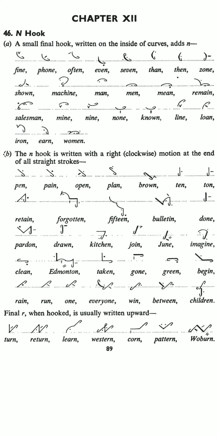Next, B part is, the n hook is written with a right clockwise। ठीक है, जैसे हम आर का हुक बनाते थे, जिस मोशन में वो इनिशियली बनता था, उसी मोशन में, क्लॉकवाइज मोशन में एन का हुक बनता है, एट द एंड ऑफ ऑल स्ट्रेट स्ट्रोक्स। ये एट द एंड ऑफ द स्ट्रेट स्ट्रोक्स में बनता है। अभी हमने सारे कर्व स्ट्रोक्स पढ़े, अब हम स्ट्रेट स्ट्रोक्स के साथ एन हुक लगाना सीखेंगे।